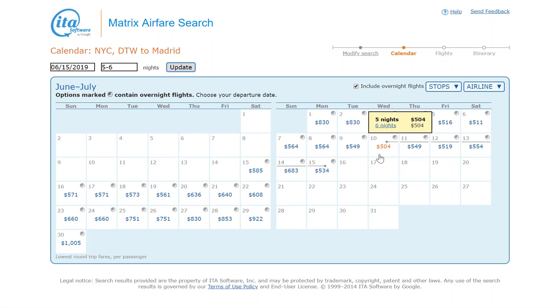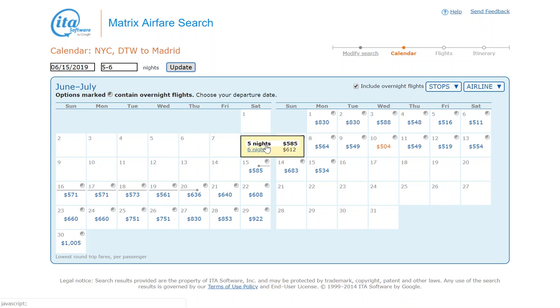Here we go. Okay, so now it brings up a month's worth of flights. So we can see prices. Let's say starting on the 15th of June, we have 5 nights for $585 round trip, or 6 nights for